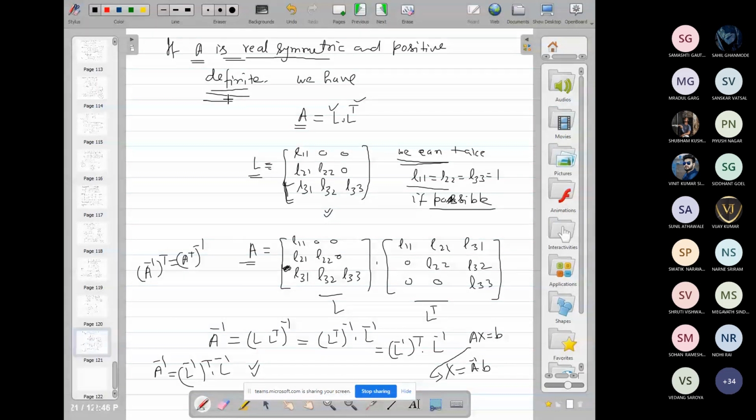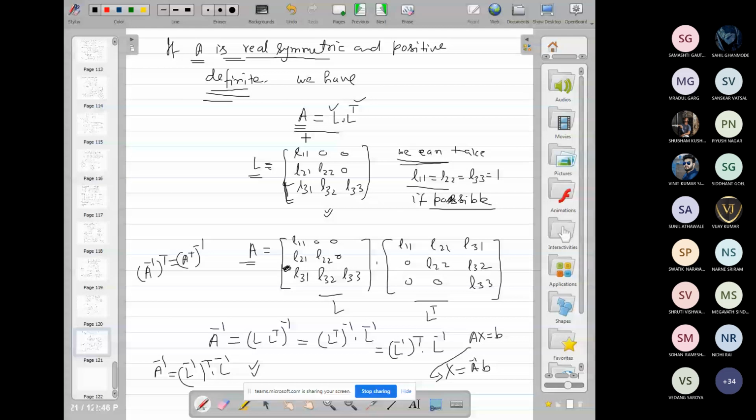and that is, all the principal minors are non-zero and positive. The minors of the principal diagonal elements are non-zero and positive, and the matrix is real symmetric. This is the necessary condition. Then we can apply this. So this is the easiest method, but its limitation is that we can solve only a few problems.